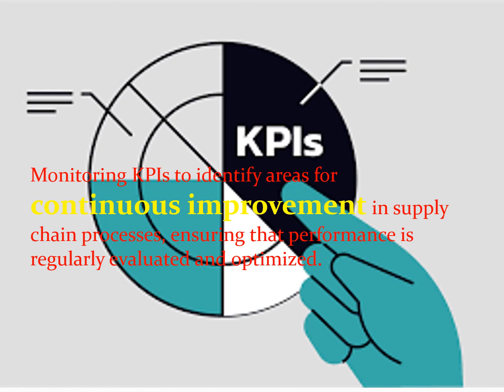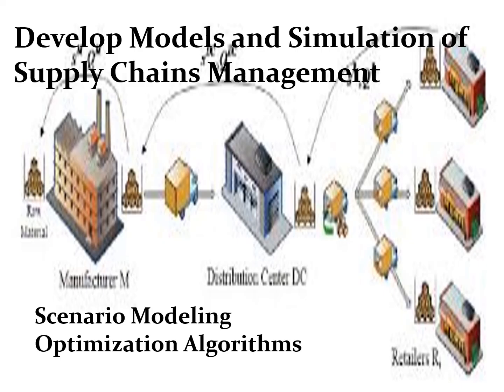Helping in continuous improvement in supply chain performance is also another responsibility of supply chain analysts. They do so by monitoring KPIs to identify areas for continuous improvement in supply chain processes, ensuring that performance is regularly evaluated and optimized. Last but not the least, the supply chain analyst creates models and simulates the supply